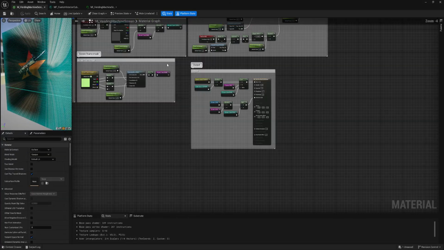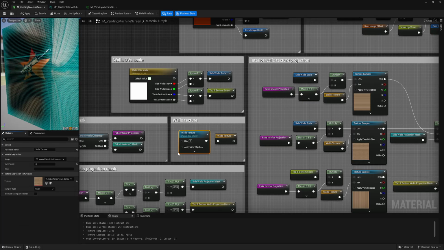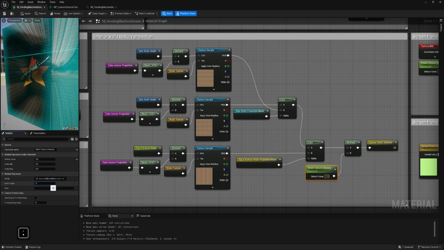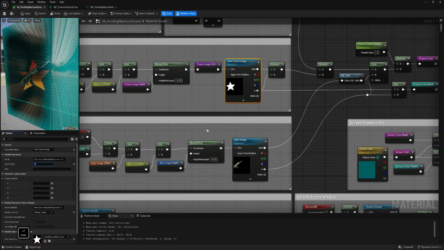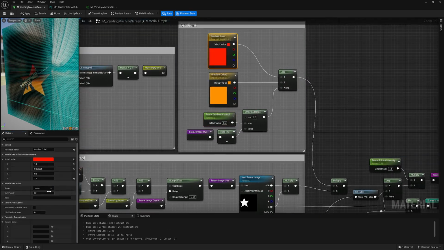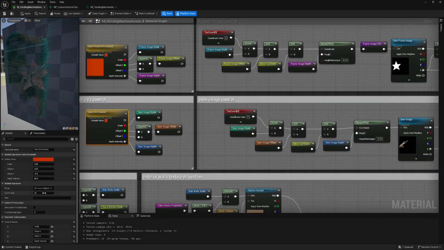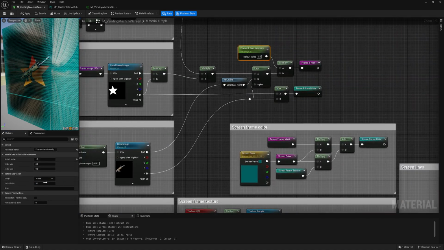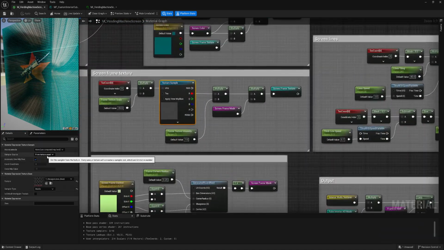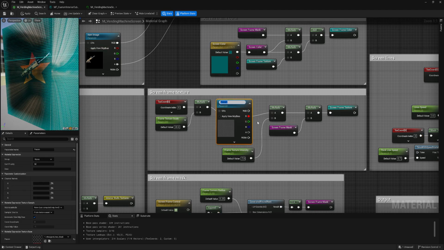Okay, now let's categorize. Screen frame texture, I forgot to convert it to a parameter. Let's do it now.